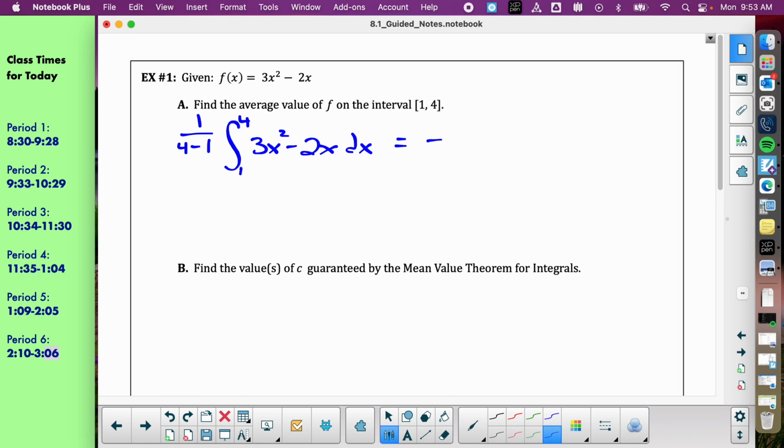I'll spot you the 1/3. And then it's x to the power of 3 minus x squared. Okay, so x to the power of 3 divided by 3 canceled out the times 3, correct? And then you said minus x squared, because when you divide by the 2, it cancels out the 2. This one was obviously set up to work out pretty nice. And then we want to integrate it from 1 to 4.